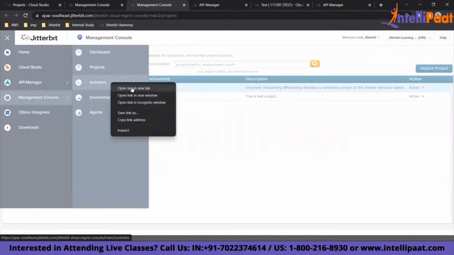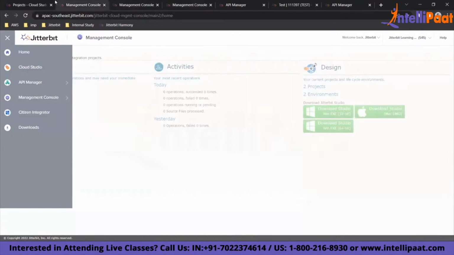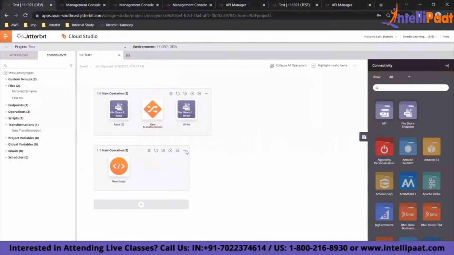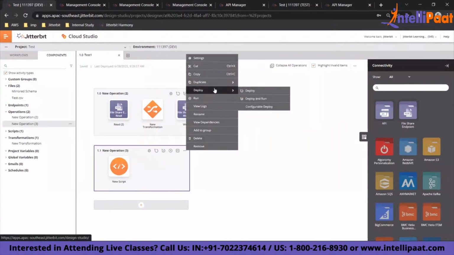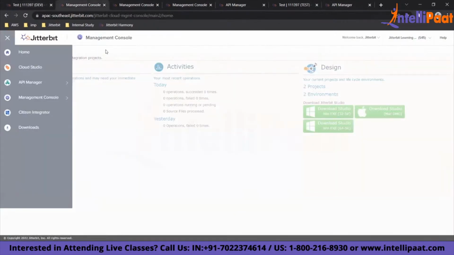So let's come to activities. This activities will show you all the logs, logging, everything. Let's try to run something. Do we have a, yeah, we have a project. I'll just run this operation. Let's say deploy and run individually. We have already deployed it, right? So you'd see the status submitted, received, and we will again jump back to that management console of